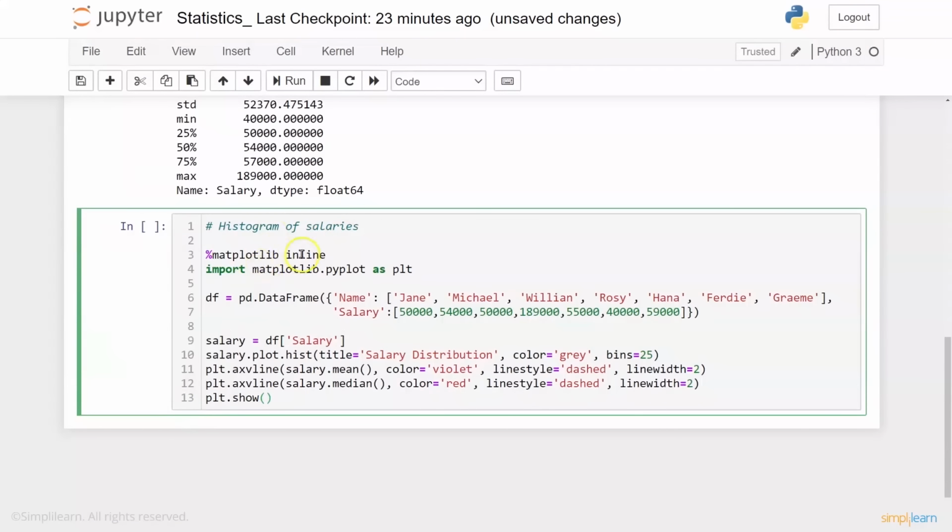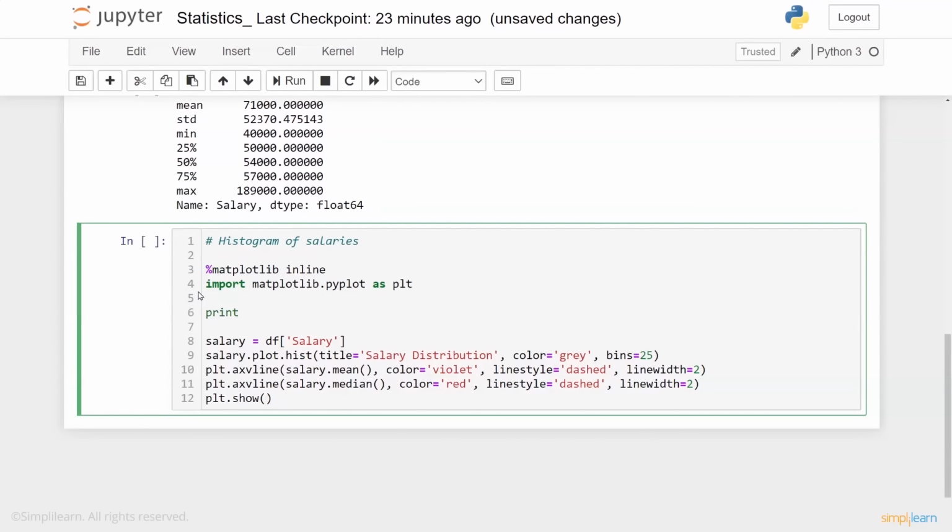So we do our matplotlib inline. Remember, that's a Jupyter Notebook thing. A lot of the new versions of the matplotlib library do it automatically, but just in case, I always put it in there. Import matplotlib.pyplot as plt. That's my plotting. And then we have our data frame. I don't really need to respell the data frame, but maybe we could just remind ourselves what's in it, so we'll go ahead and just print df. That way we still have it. And then we have df.salary.plot, hist, title 'Salary Distribution', color gray, plot axvline,